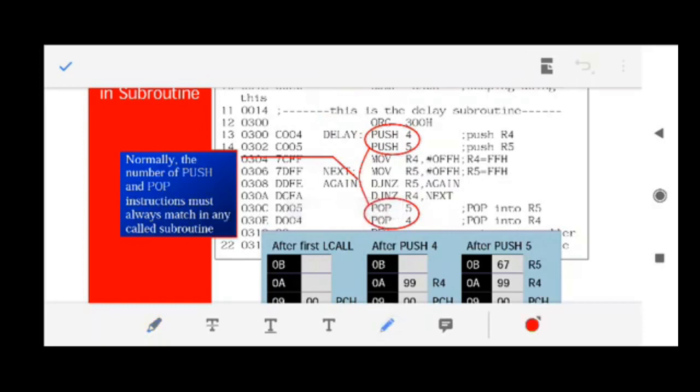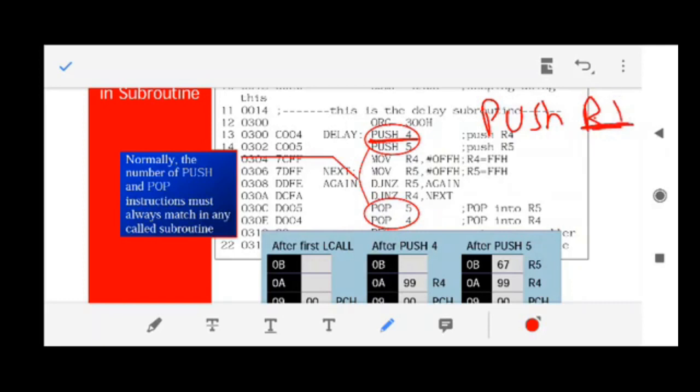But what if a user wanted to use a stack? In that case, the user will use the push and pop instructions. So let me explain to you what push and pop are, and then we'll finish this lecture. If the user wanted to move some values into the stack, let us say this is your stack, then for that it has an instruction which is known as push. So what will push do? Push will insert the value into the stack.